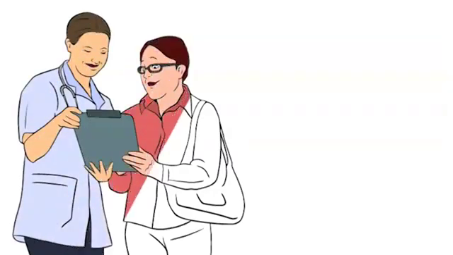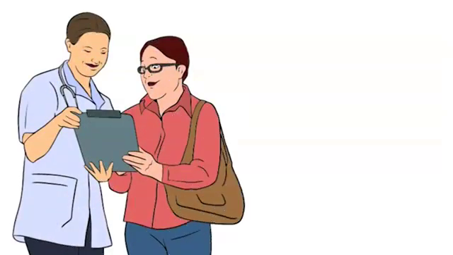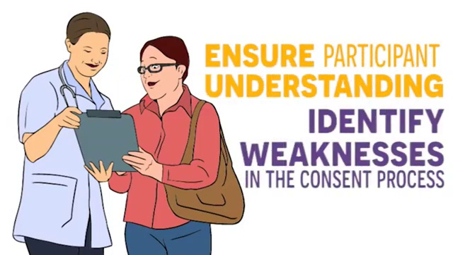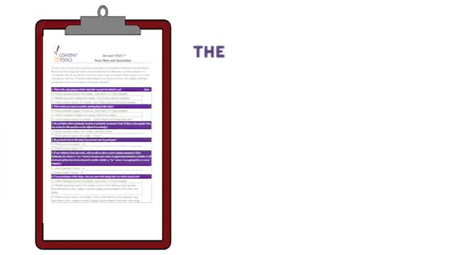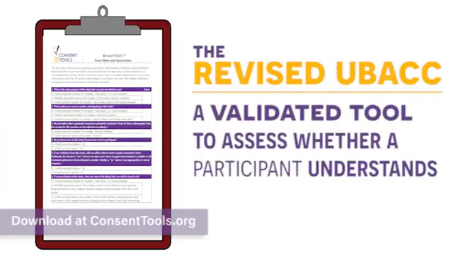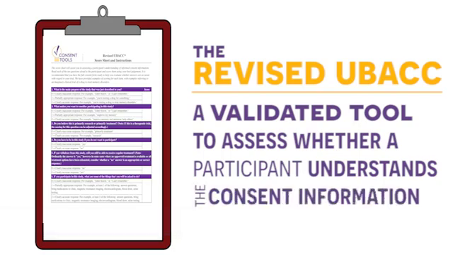Assessing participants' understanding of consent information has many advantages for both participants and research teams. For example, it may ensure every participant understands a study or identify weaknesses in the consent process. The Revised UBACC is a validated tool to assess whether a potential participant understands the informed consent information prior to